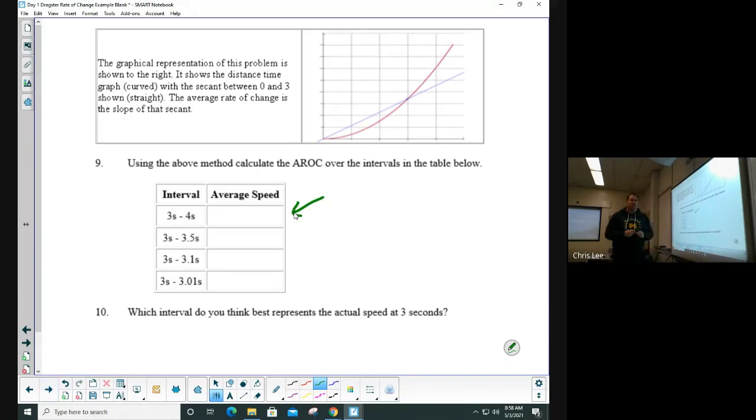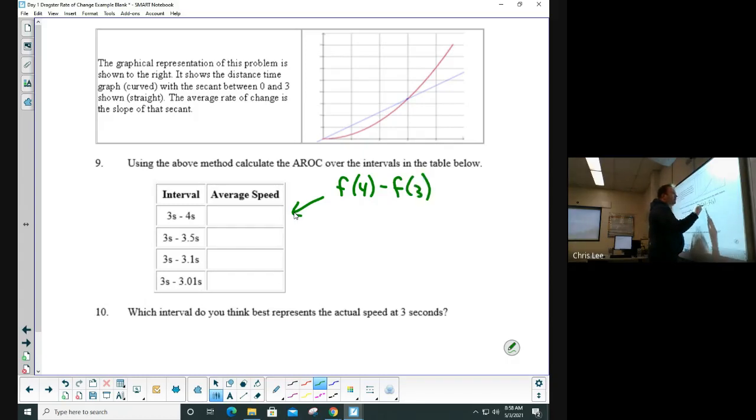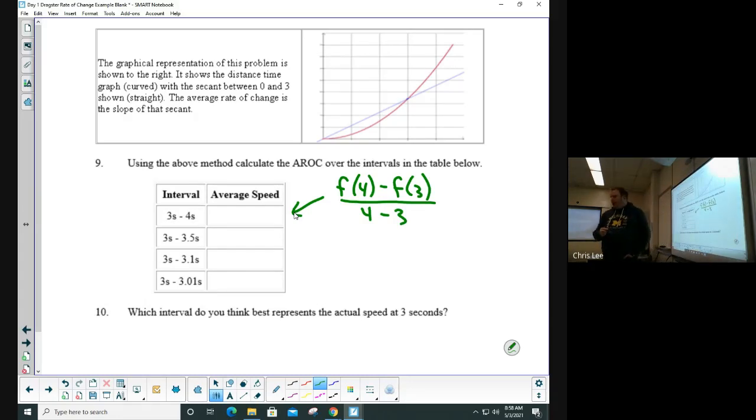Okay, so this time, instead of looking at the interval between 0 and 3, we're going to look further down the graph and look at the interval between 3 and 4. So for each of these, you're going to go f at 4 minus f at 3 over 4 minus 3. So that's for the first interval. That f calculation you already did for the first slide, so you could go back and use it. If we went back, you would see that f at 4 was 304 meters, minus f at 3, which we just did, 171, over 4 minus 3, which is 1. And we'll get 133